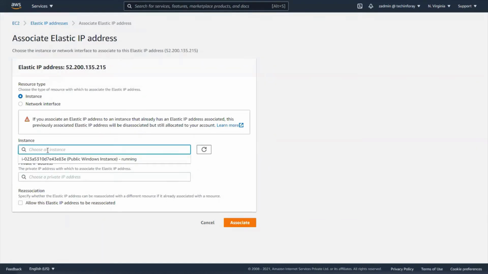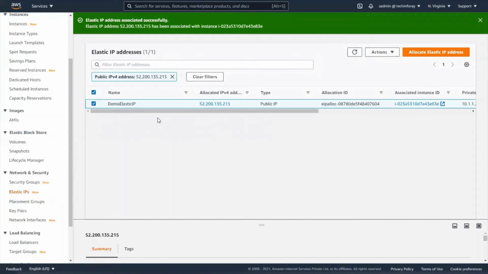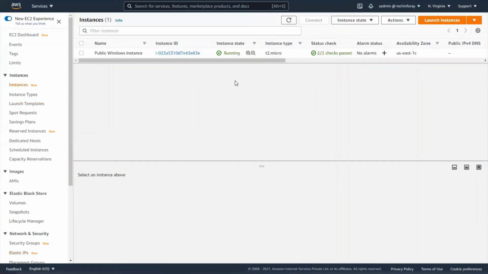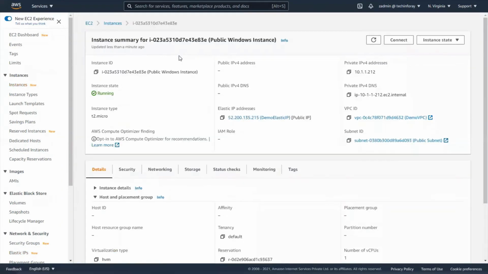If you click over here, we can see our public Windows instance. Associate this IP address. So this demo elastic IP is associated to our Windows machine. Let's go back to our instance, and here you can see the elastic IP assigned to it. Let's use this IP address and connect to this machine.